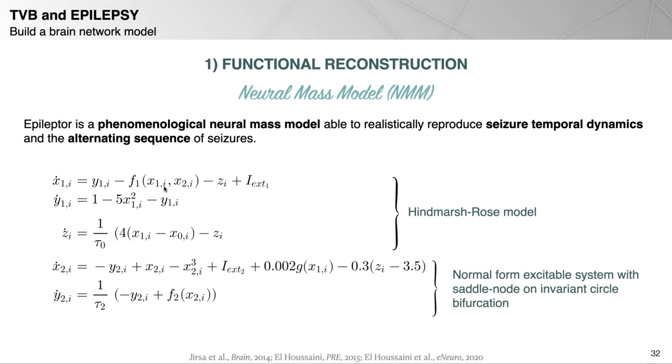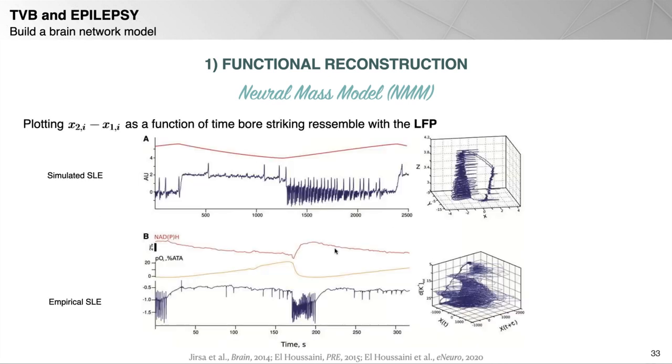So it is for the fast discharges to appear only on the wave part. We have also a negative feedback in the second population from the variable Z. And this allows to bias the preictal spike toward the seizure onset. And based on the recording, the local field potential is related to the total activity x2, so from the second population, minus x1.